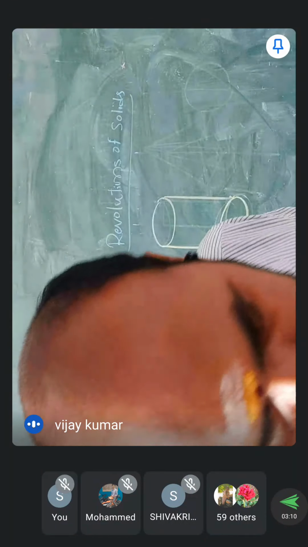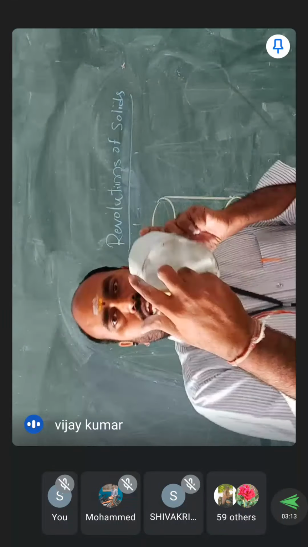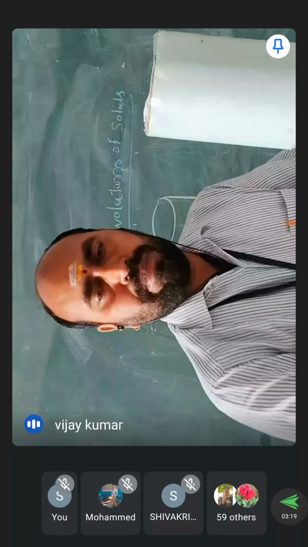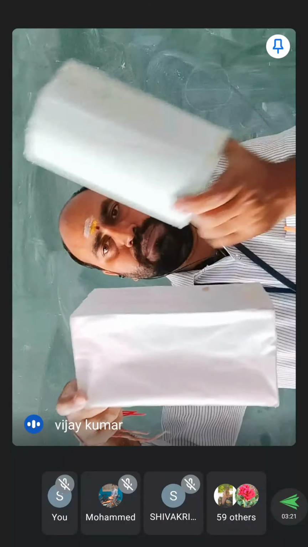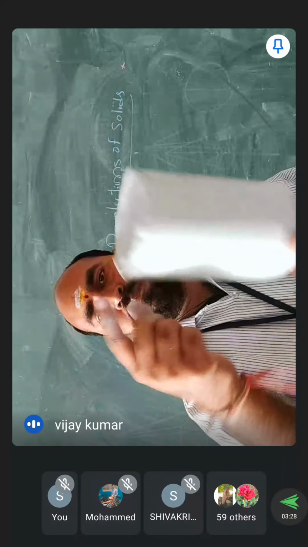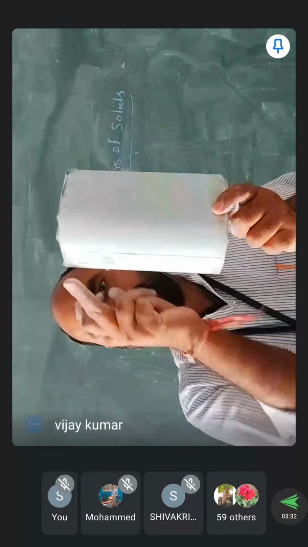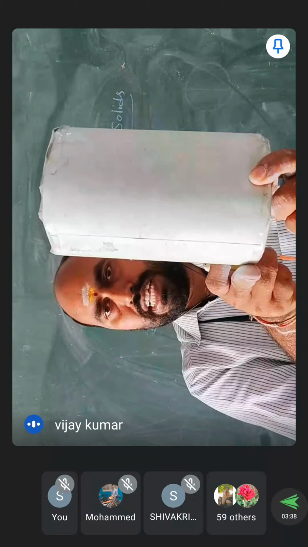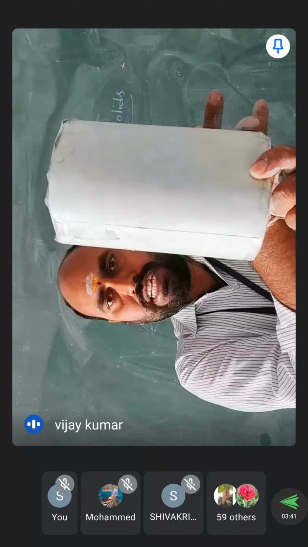Let us see the cylinder first of all. This is a circular base and this base is also circular in shape. So are there any edges like a prism or pyramid? You can see the prism: there is a longer edge and this is a base edge. But for the circle there is a circumference, and these are all imaginary points only. But if we are observing this way, standing in front of the subject, this is considered as one edge, and this is also considered as one edge.